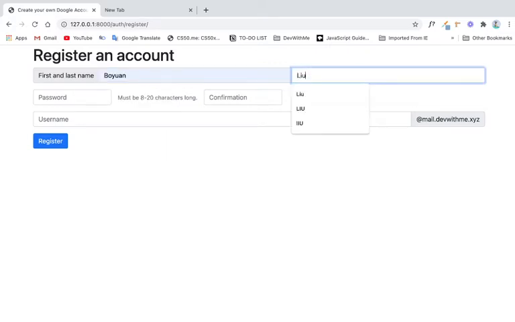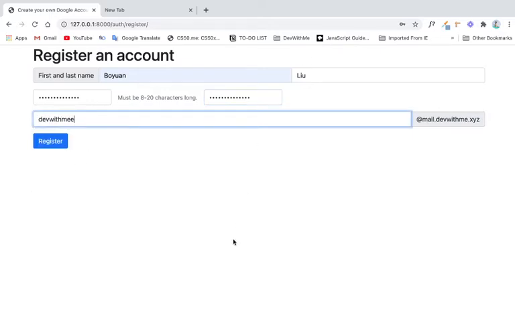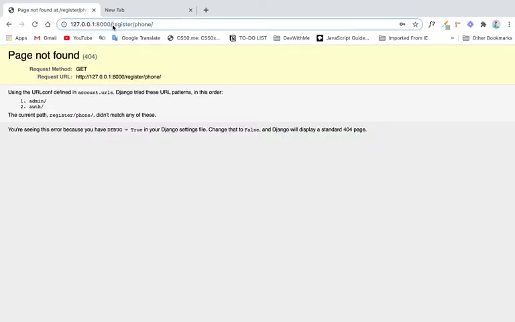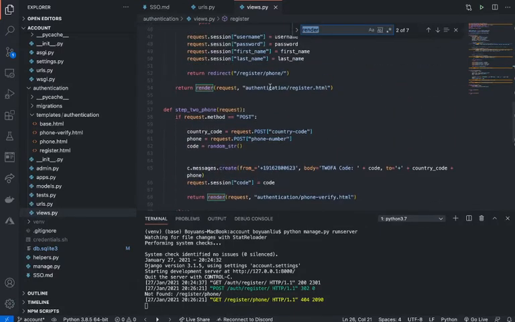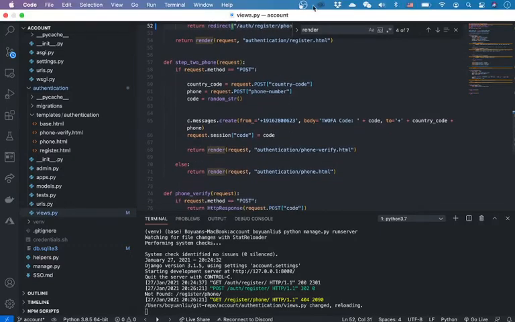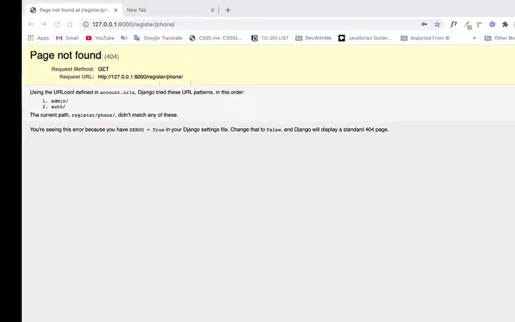So in here, I'm gonna register with an appropriate password, and then my username, DevWithMe, at mail.devwithme.xyz. Alright, let's click on register. Alright, so I need to fix this route because it's supposed to go to /us/register/phone. Alright, and then what we can do is